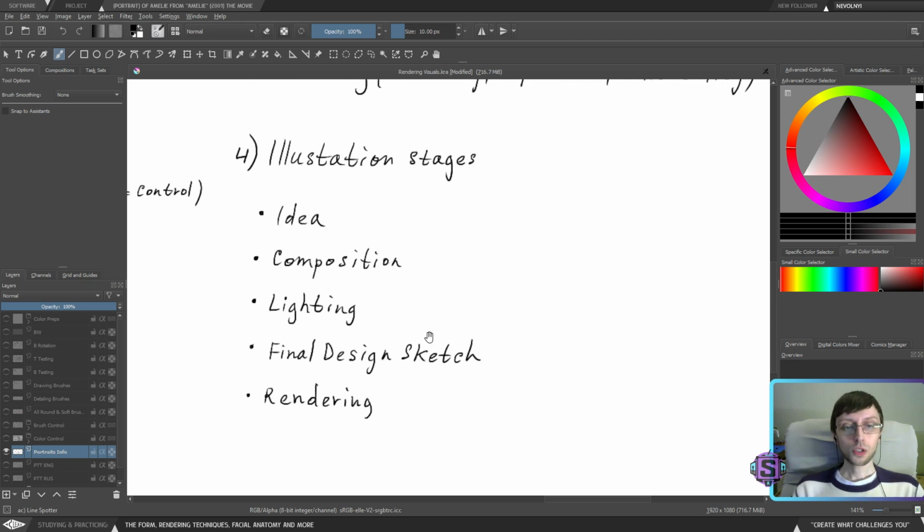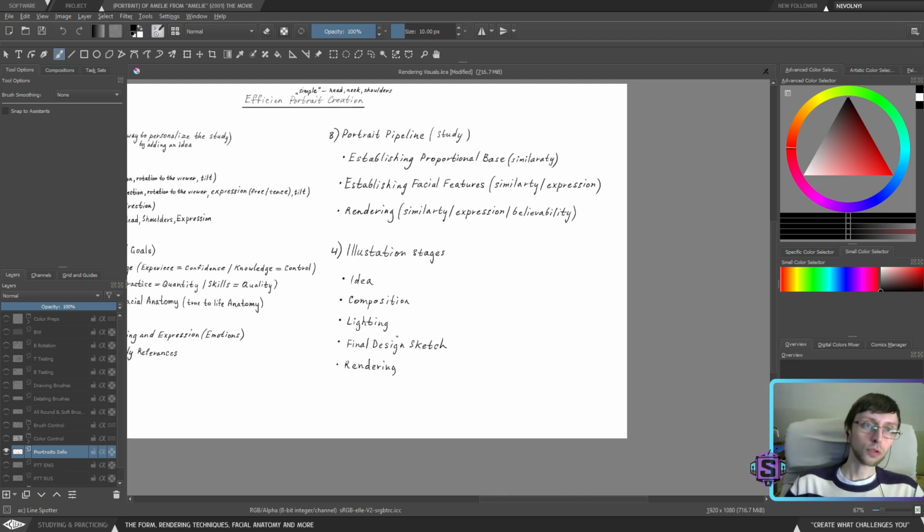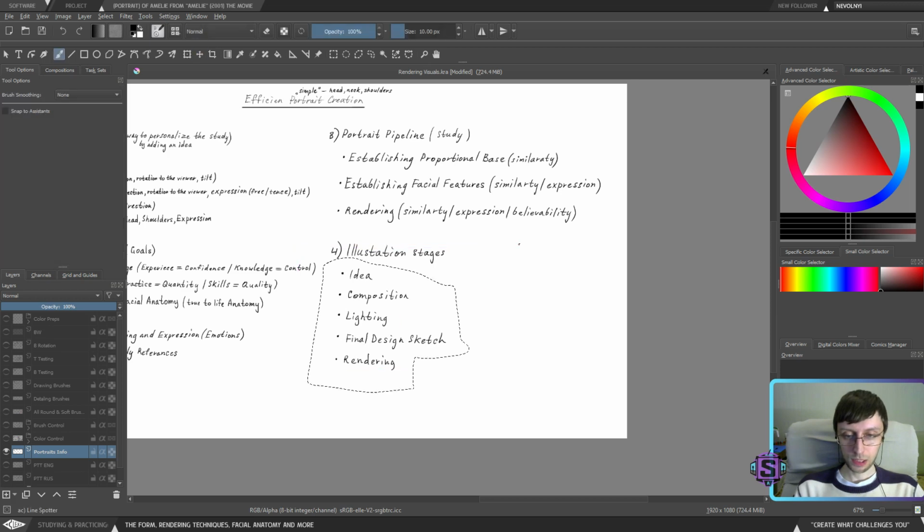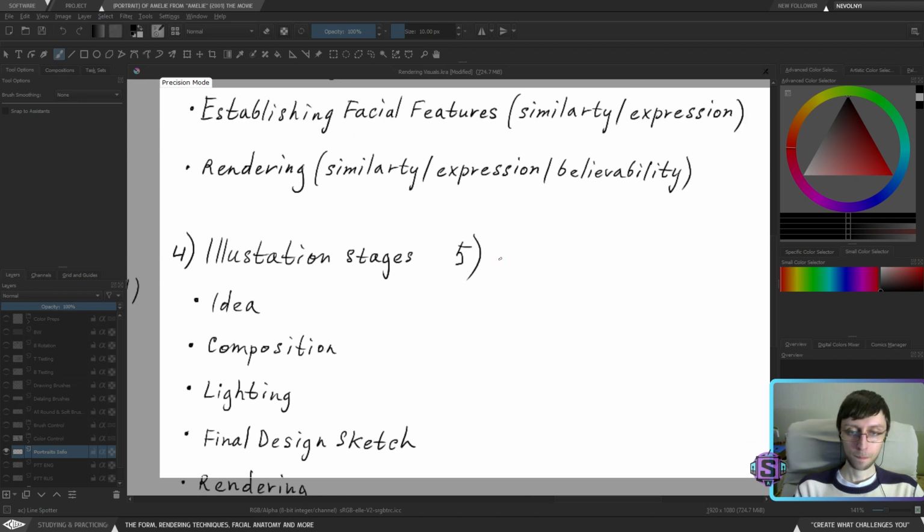And that's it. So let's quickly cover the things that we need to cover inside the idea. Usually the idea stage has a certain amount of passes inside of it. Let's put passes in here. We will call it illustration passes.